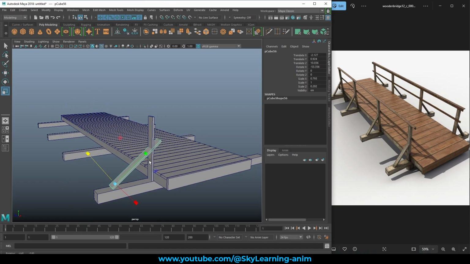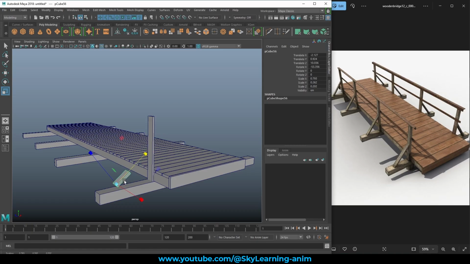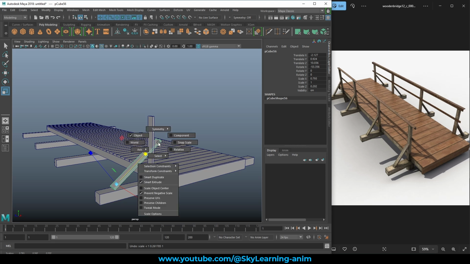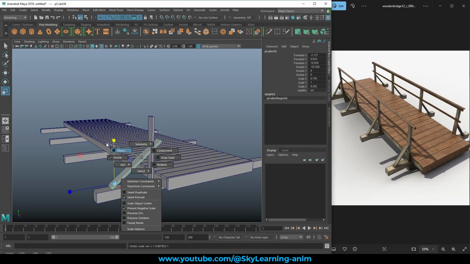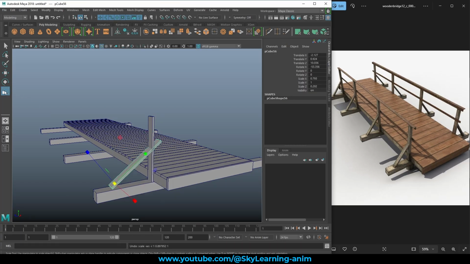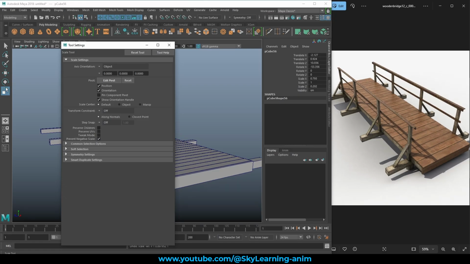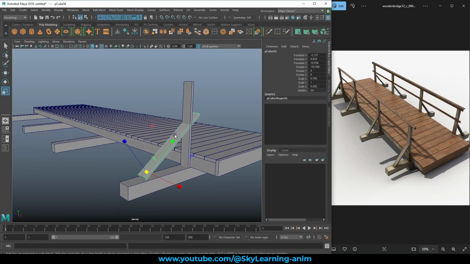And you can see my scale is oriented towards this object. How do we get it? Control Shift right click. We are in object mode, that's why it is in object mode. If somehow it's in the world axis, you will have trouble scaling it properly. So just Control Shift, go to object mode, or you can come here, double click on this scale and the axis orientation drop down, select object here. Both will work fine. So now our scale axis is in the object